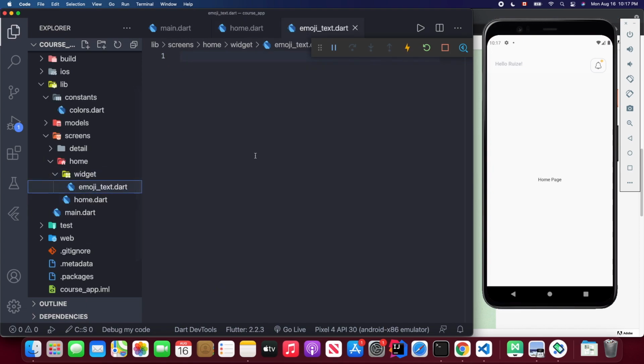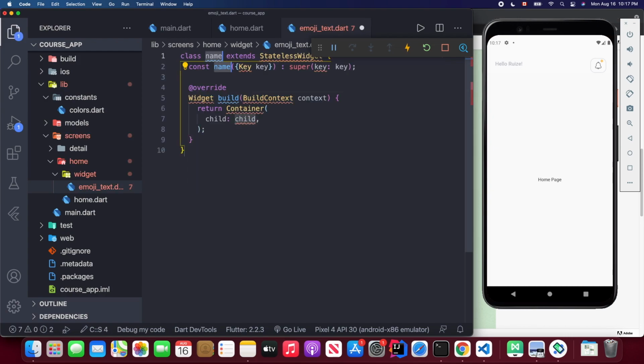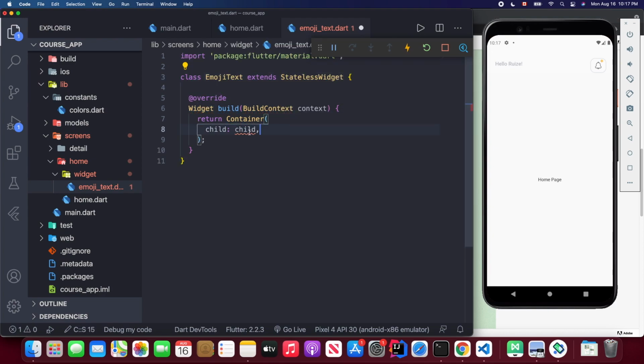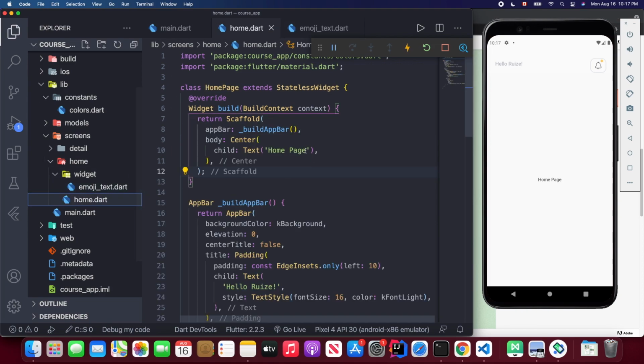And inside this Emoji Text start, I'm going to create our stateless widget, and I call it Emoji Text. And I think I don't need this constructor for now, and I also need to import the material library. So here I just return the text, just call it Emoji Text. Let's save. Let's try to import this emoji text inside our home.dart file,